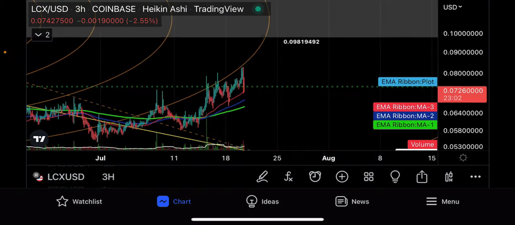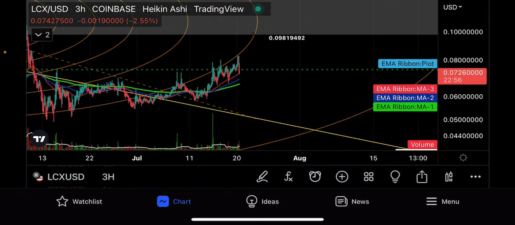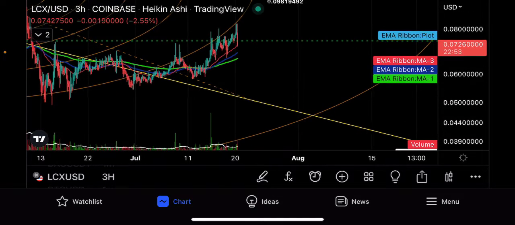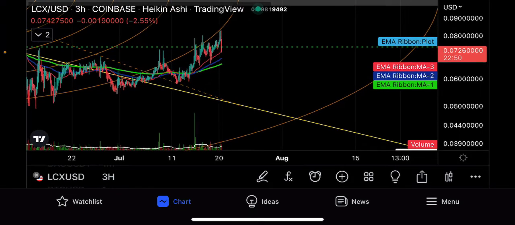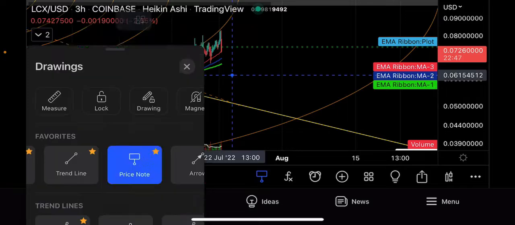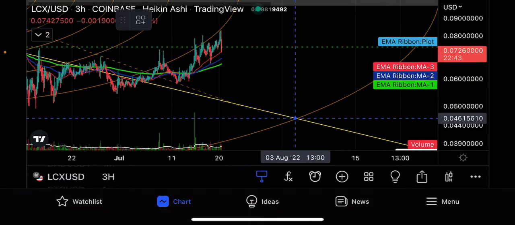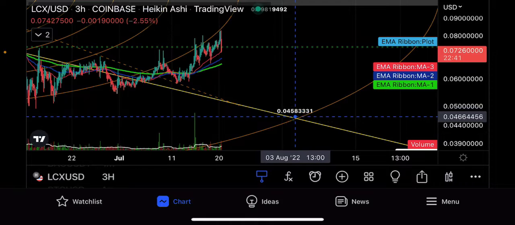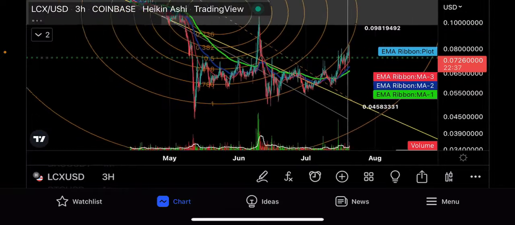As long as you can remain above those moving averages, you can continue bullish to the 0.098, where I would imagine heavy overhead sell pressure would be. But if you get rejected by these fib circles and the overhead sell pressure that's currently there, you would trade back down to the underneath support, depending on when you hit it, this falling channel or the orange fib circle below it in a descending fashion, right at about the 4.5 cent level,